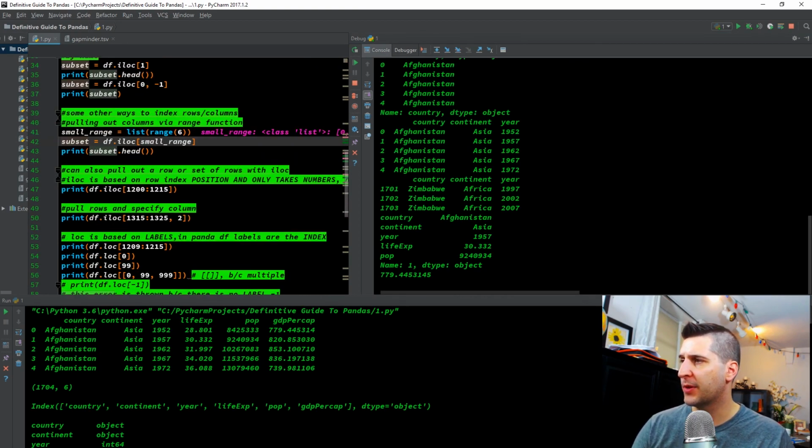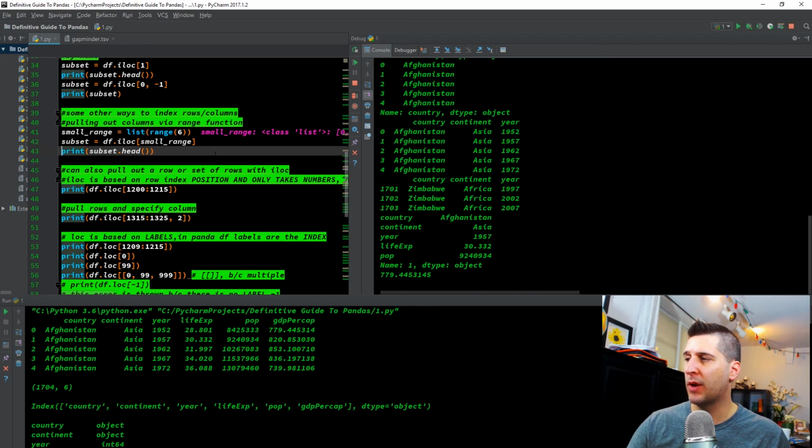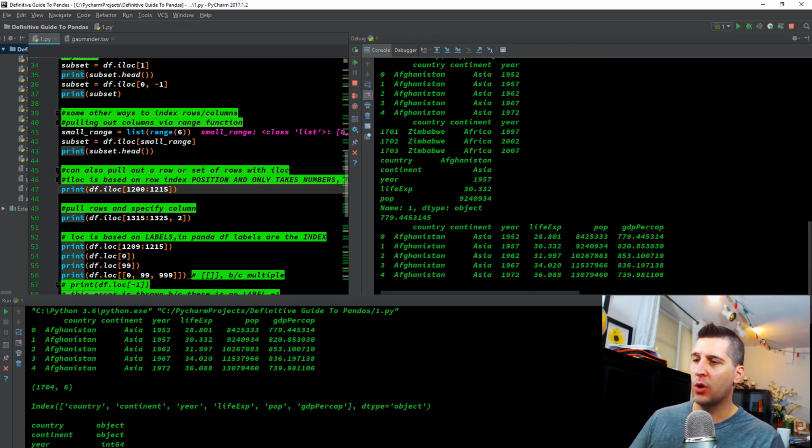Now we are doing some other ways we can index rows and columns. We can pull out the columns via the range function. So I'm just creating a variable small range, and I'm throwing down list range of 6. So it's going to create that in memory. And then we're going to do the iloc on the small range, and we're just going to print that real quick. So all it's giving me is a range of the 6 columns, and we know we have 6 columns,